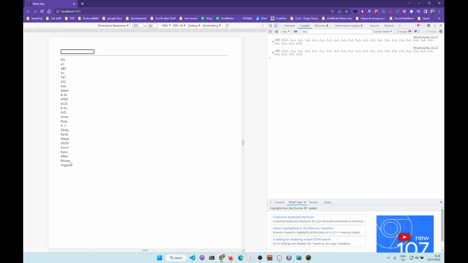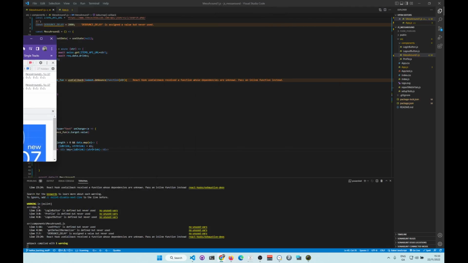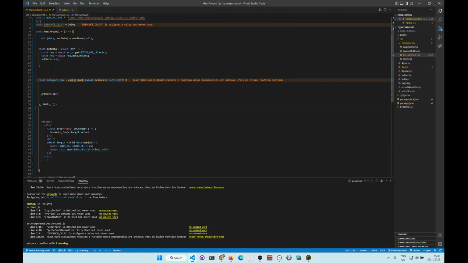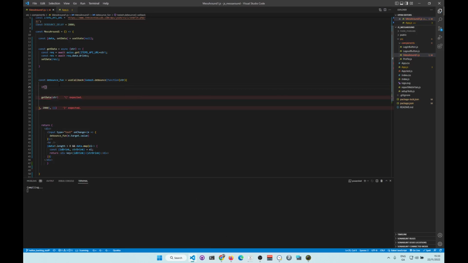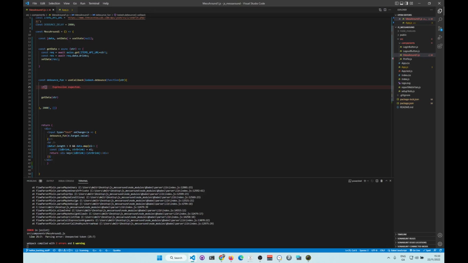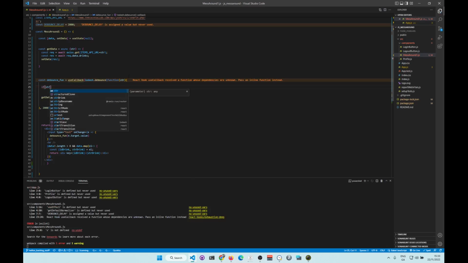Now the problem we have is if we delete, yeah, you see, we want to get rid of this. So if it's empty, we want data to be null, so this will not get displayed. So we need to put a condition in here, because the debounce function is running first, remember. So if